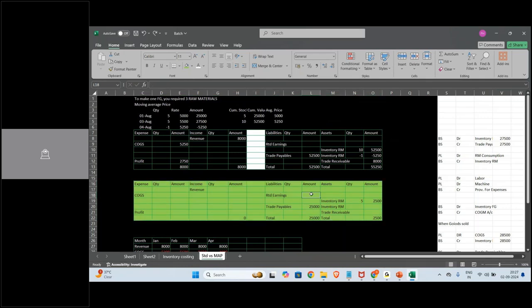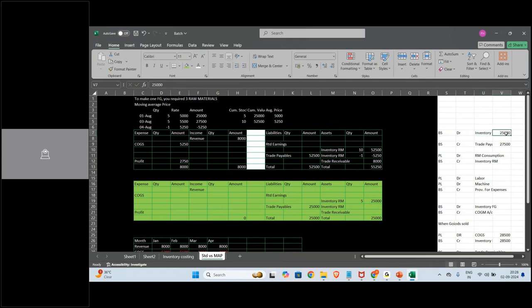So I have to do it here. First time you bought 5 units, so it was 25,000, right? Second time when you bought for 27,500, look at what the entry will be. Inventory will be showing only the standard price. What is the standard price? Standard price is 5,000. So second time also when you buy 5,000 into 5, inventory will take 25,000.